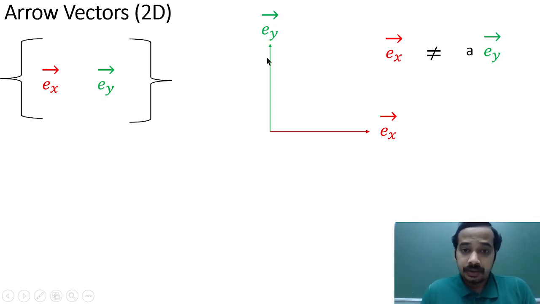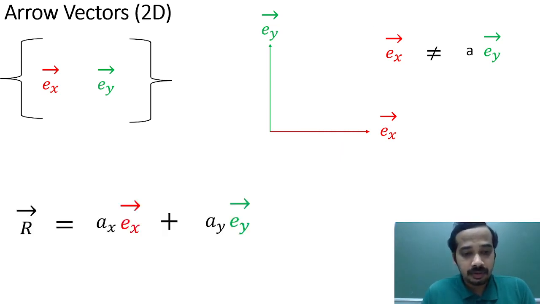Again, we call these two linearly independent orthogonal vectors. They form a basis, and any other vector in a plane, in case of two dimensions, can be written as a linear combination of these two vectors. We call this a linear combination where Ax and Ay are scalars. Again, we can linearly combine these Ex and Ey, two orthogonal unit vectors. We can generate any vector in a plane using this.